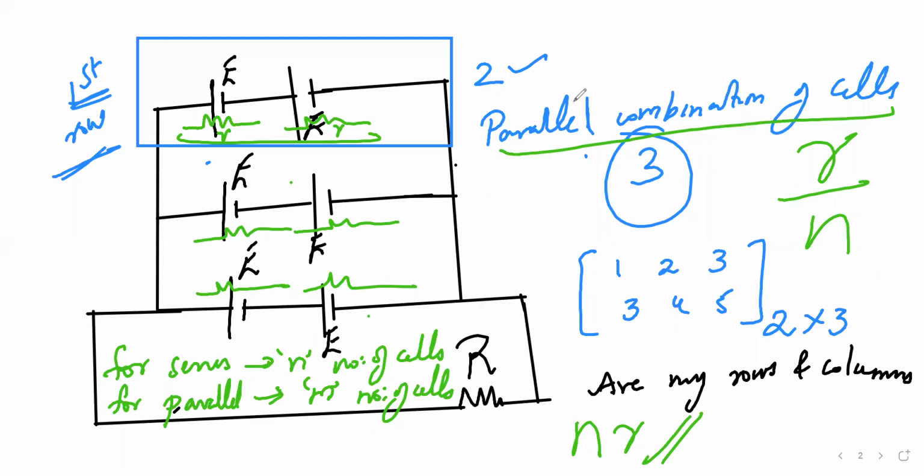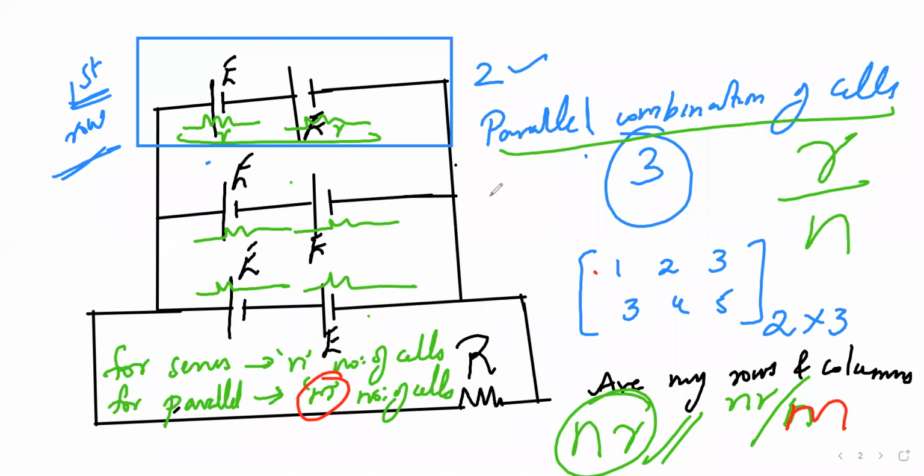R by N. Correct? So I have to divide this NR by what? N itself, because in the previous derivation I took it as N. But if I do it as N, it means rows and columns are equal, but I'm saying that the rows and columns may not be equal. That's the reason I'm using a different variable called M, so it is NR by M. If I wrote N, it would mean they are equal. So that's the reason I'm using M number of cells, not N number of cells, because they need not be the same.